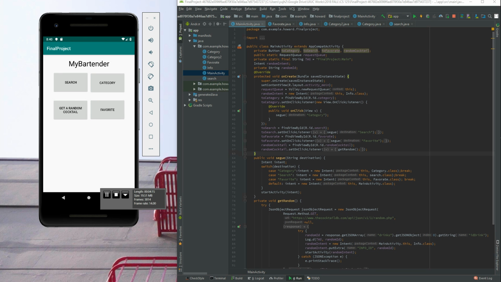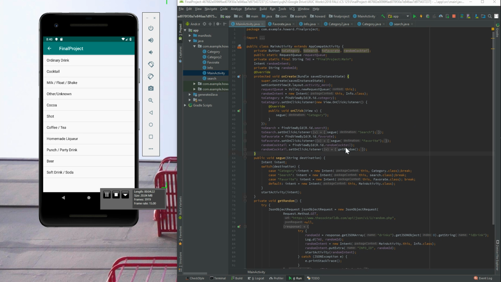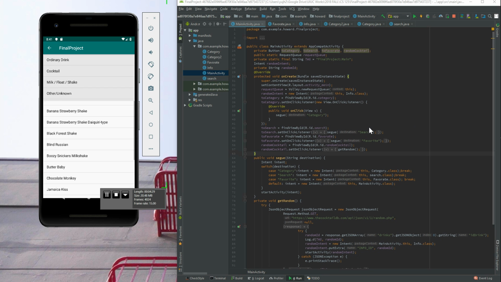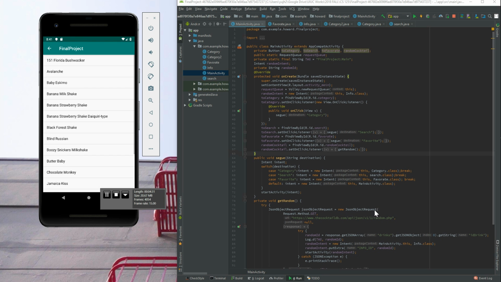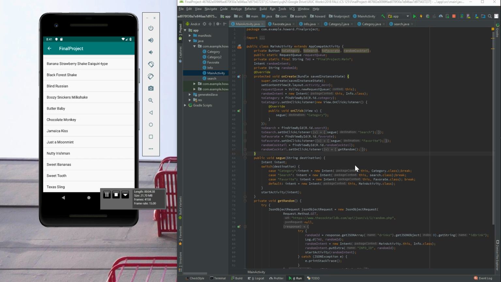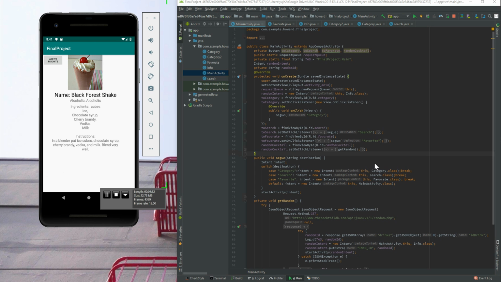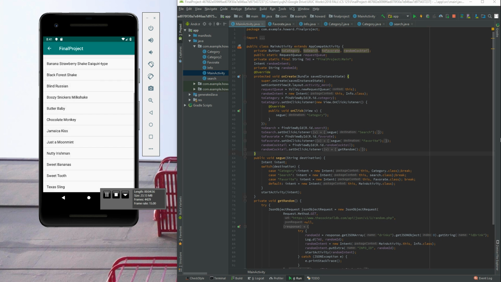next I want to try out a category of any choice. If I go into Category, these are all the main ingredients that they have. For example, if I want a main ingredient that involves milk, float, and shake, here are all the cocktails that involve milk, float, and shake. A Black Forest Shake looks pretty good, so click it in. I like this drink a lot too, so I add it to my favorites. Going back,